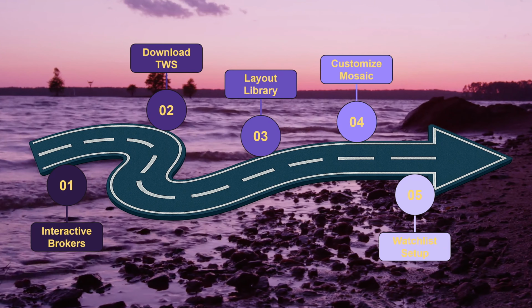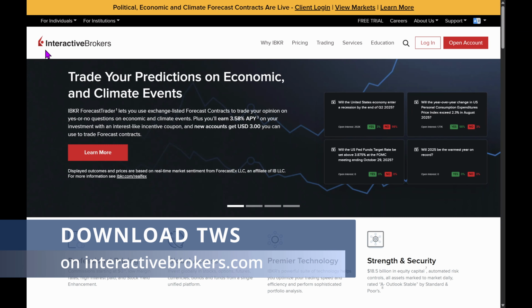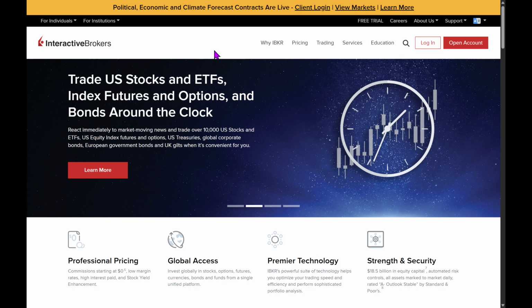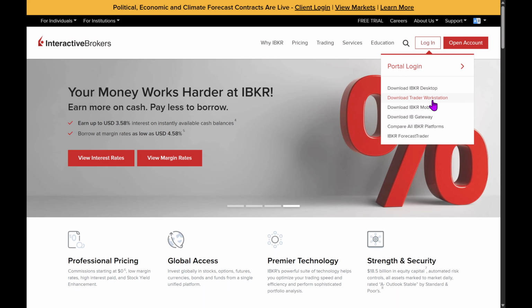Alright, now let's see how to download TWS. First, head over to interactivebrokers.com. You'll land on a page that looks like this. If you don't have an account yet, you'll need to create one by clicking this button. Once that's done, hit Login. Now, what we're interested in is downloading Trader Workstation. So click right here,